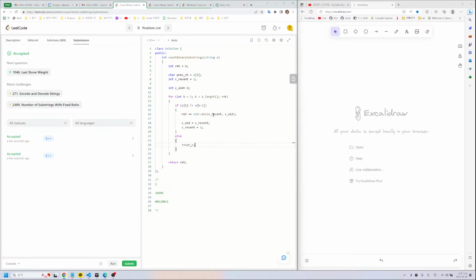And if they are the same, see recent. So with this